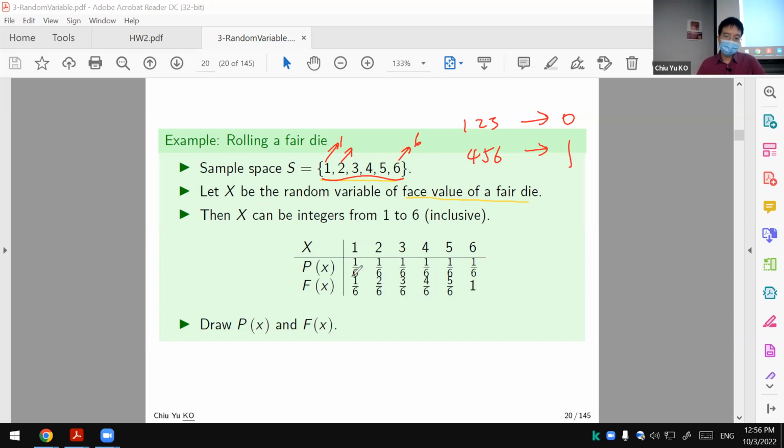Then you have each one comes out equally, so it's 1/6 for each one, right? And in that case, the F is just adding up, right? So I hope this is very clear how you get the F. I mean, is that okay? I'm not going to explain this one, okay? What I want to focus your attention on is